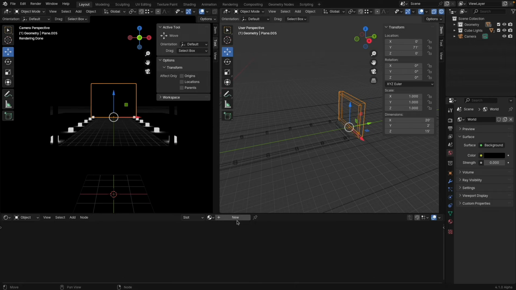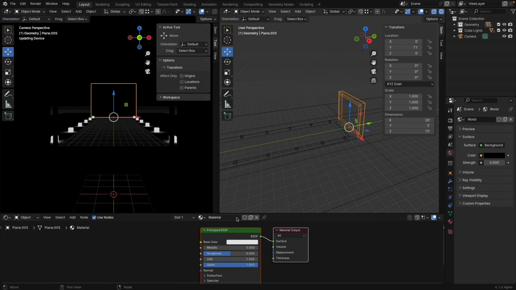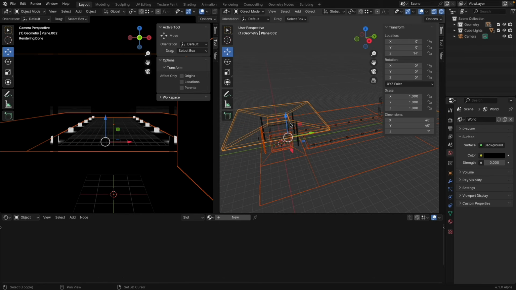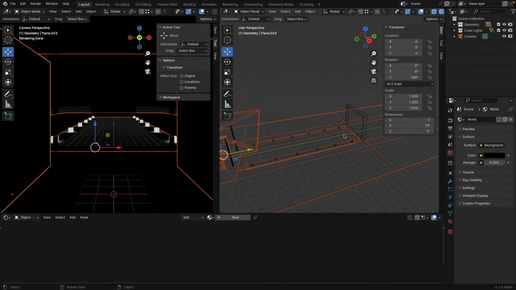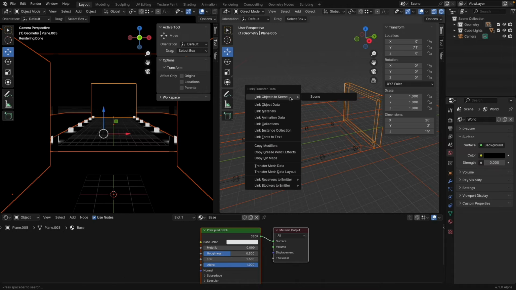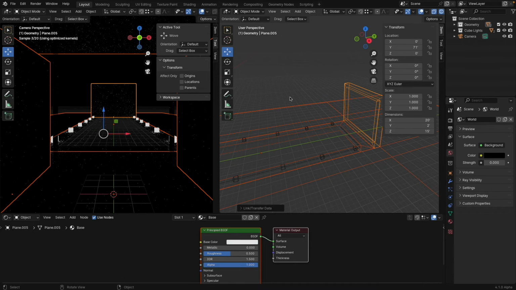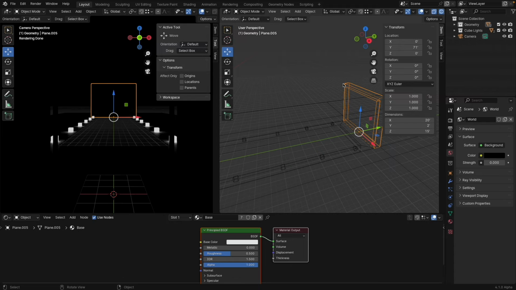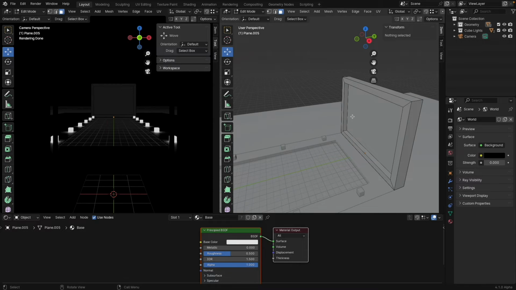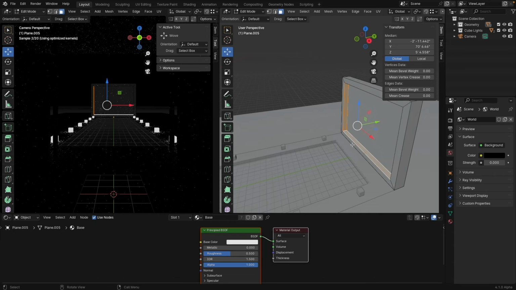All our objects actually should need a material. Just a material. Let's say we can call this base or whatever. So all these objects I'm selecting here right now should get this base material. To do this, Control L, and we link the materials. Because now I can go ahead into edit mode, then Z and object mode,